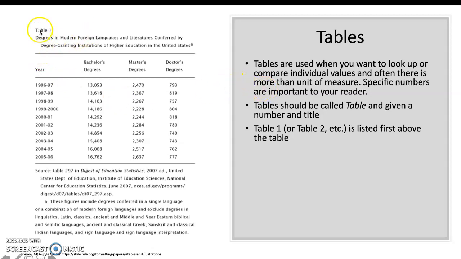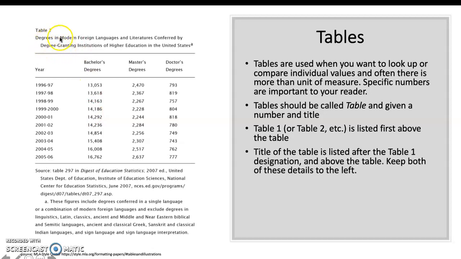And you're going to put that above the actual table along with a title. So the title for this example is very long. It's Degrees in Modern Foreign Language, blah, blah, blah, right? So Table 1, and then whatever the title of your table is, that's what you're going to want to include. And then that's going to be left aligned. And then you also want to include the source, so you would just say Source with a colon, and then you'll